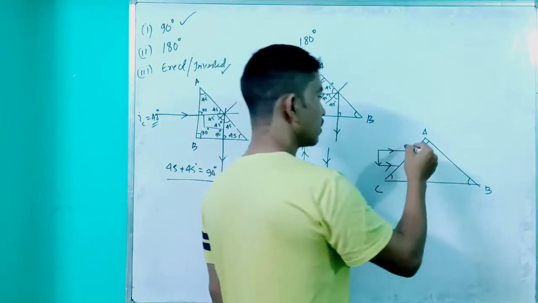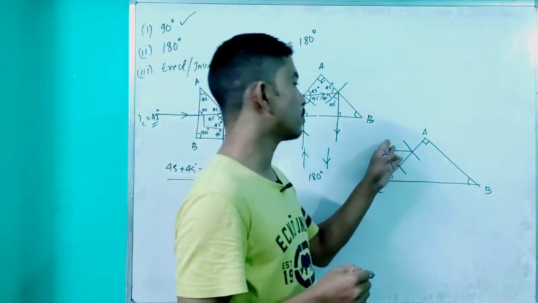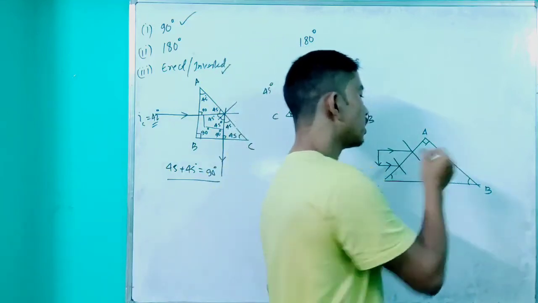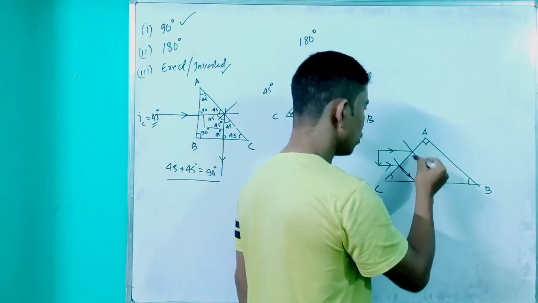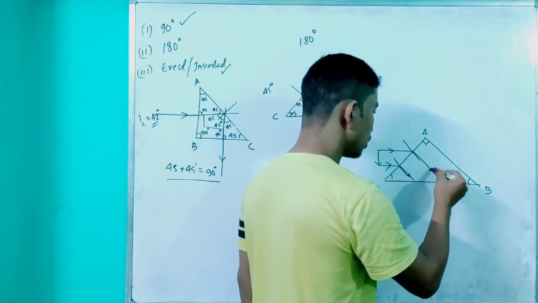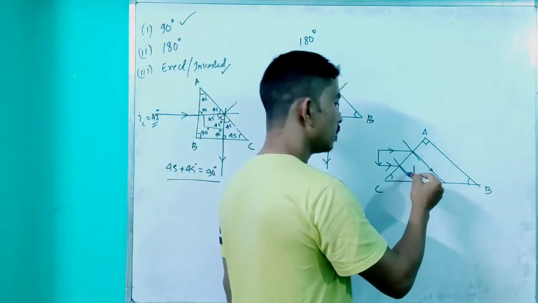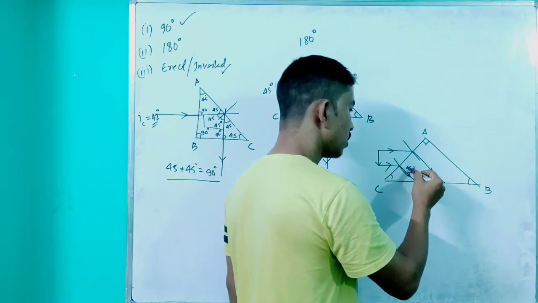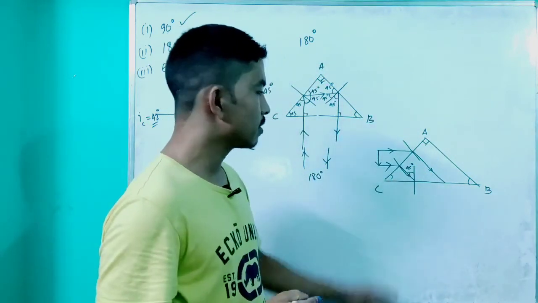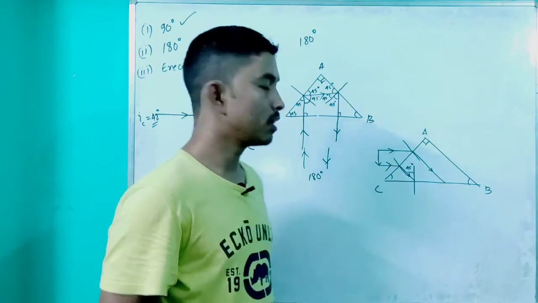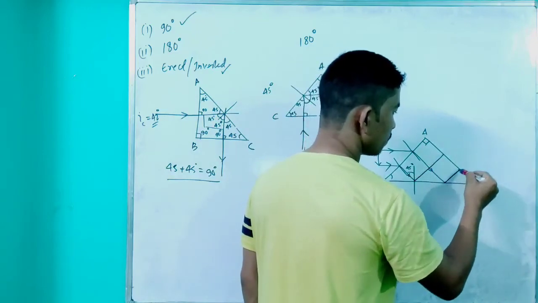In this case I draw one normal here. Now when the ray of light is passing from a rarer to a denser medium, instead of going in a straight line, it will bend towards the normal. Here the incident ray is incident at an angle greater than 42 degrees, which is here the 45. So in this case the ray of light will be totally reflected into the same medium, that is the glass. So it gets reflected back in this way.